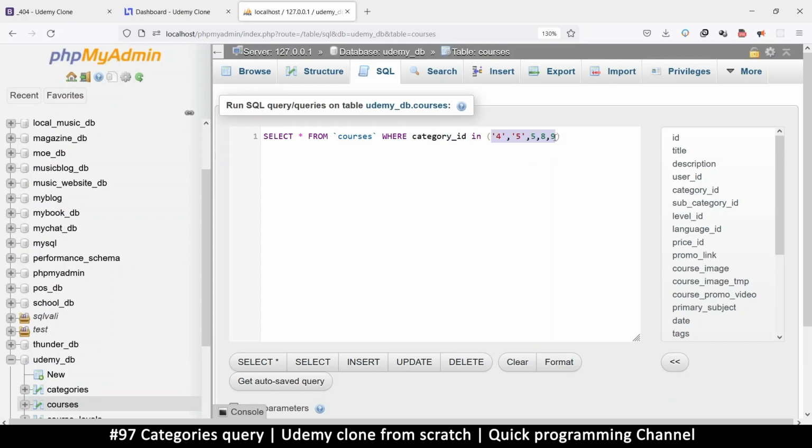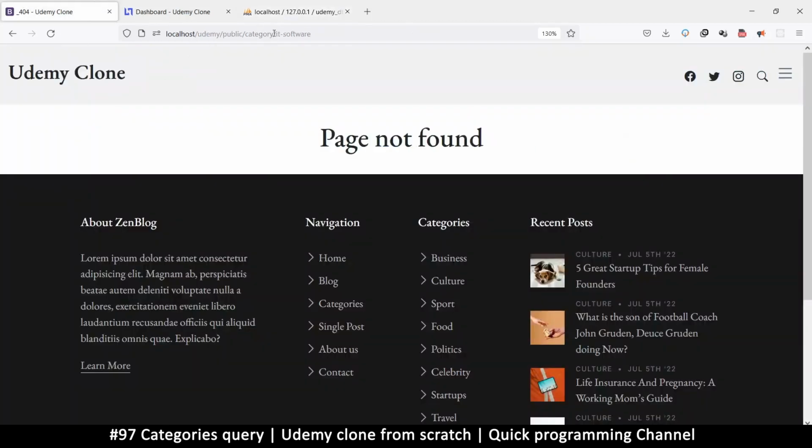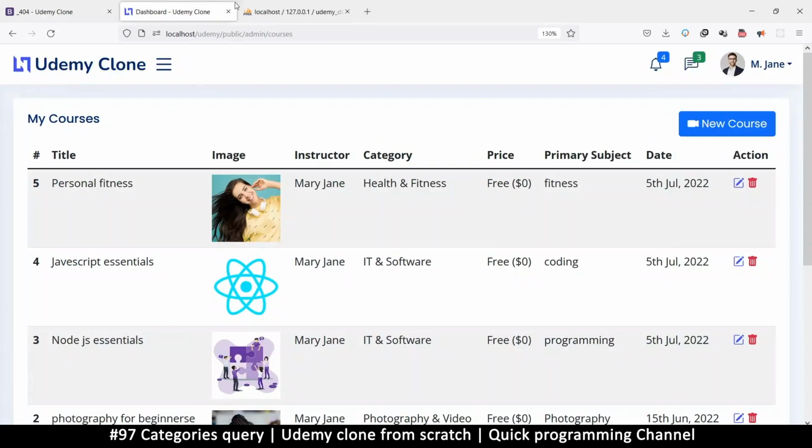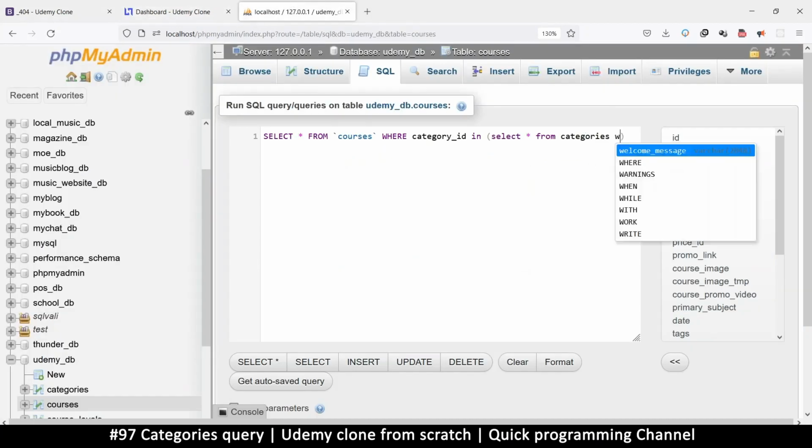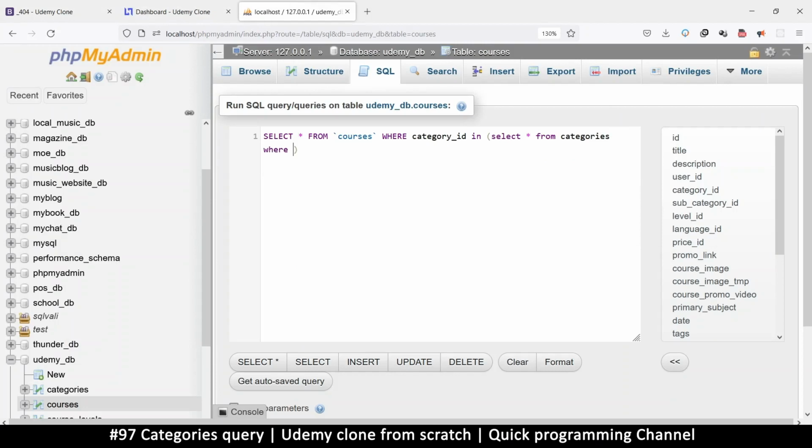Now, the beauty of this is MySQL can construct this for us if we put a query in here instead. So here we're going to say select all from the categories table. We want to get the category which has this particular slug right there. So I'm just going to copy that slug, come back to, where are we? Right here. So I'm going to say select from categories where,